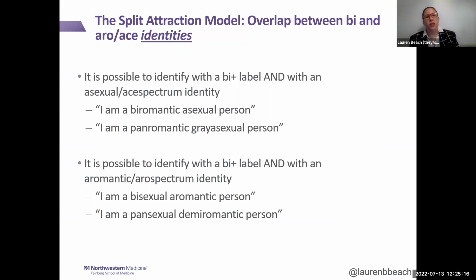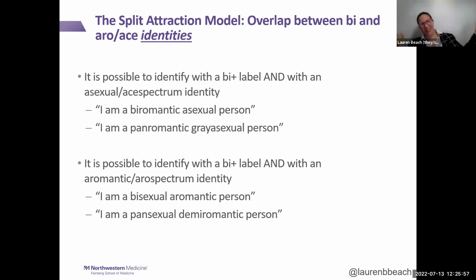So next thing I wanted to cover that actually comes out of a lot of the asexual community lexicon is the split attraction model. And so the split attraction model means that you can experience romantic attraction differently than you experience sexual attraction. It is possible to be sexually attracted to other people, but not romantically attracted to other people, in which case you would be allosexual and aromantic, or vice versa. You might be somebody who does not experience sexual attraction, but who does experience romantic attraction, in which case